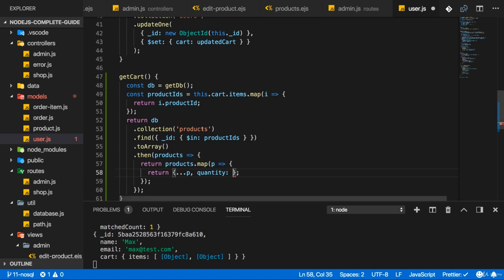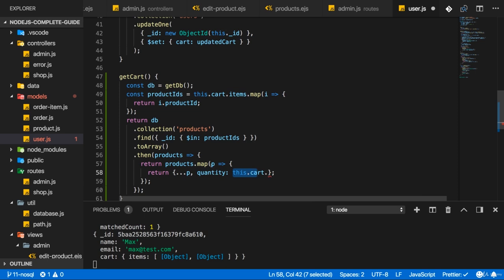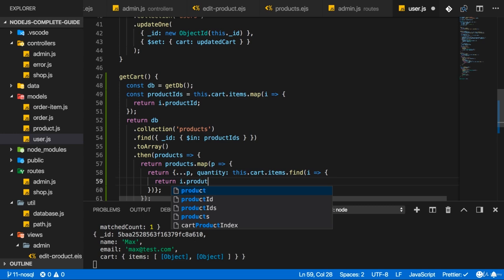And that quantity property, of course, needs to be populated with data I know or I have on that product. Now, we, of course, have the products stored in the cart of this user. So what I can do is use this cart, and make sure you use arrow functions here to ensure that this inside of this function still refers to the overall class. With normal functions, it would not. So I'll use this cart in here, access my items, and simply find the item with that ID at hand here. So here I'll have my cart item again, and I will return true if that item has a product ID